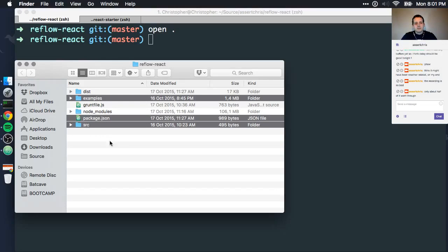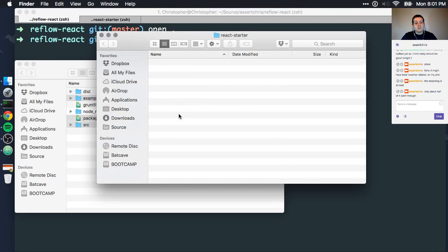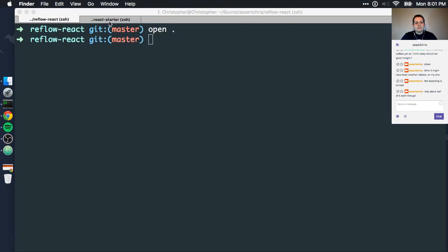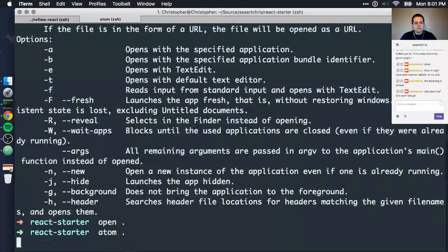I just want these three, because we're not going to do a grunt file or a build script. We're just going to let the live example stuff run that, and the rest of the interesting things happens in the node modules folder. So let's copy this over,